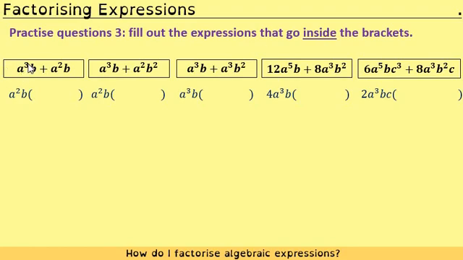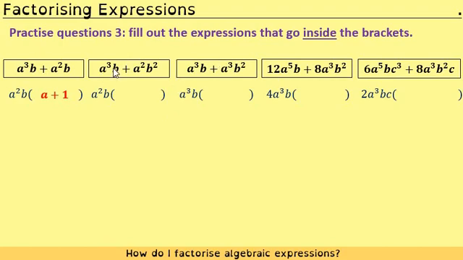When I take a squared, so what I would do is I would go through my letters one by one. Okay, so I've taken a squared outside of the brackets. So if I take a squared out of the first term, that will leave me just a, and a squared out of the second term will cancel. I've taken b outside of the bracket, so b, if I take b out, that leaves me with no b's, and b, if I take b out, again, that leaves me with no b's. So I have a plus 1 inside the bracket. Interestingly, a squared b, if I take out a squared b, it's just 1, because a squared b divided by a squared b is 1. Okay,